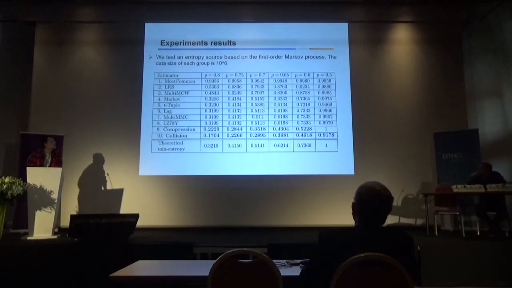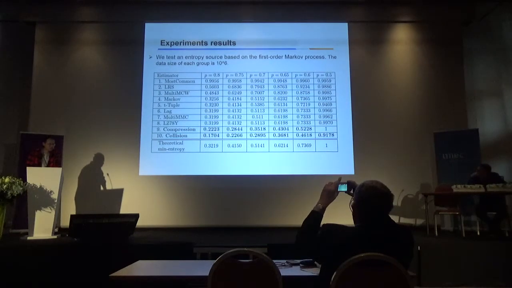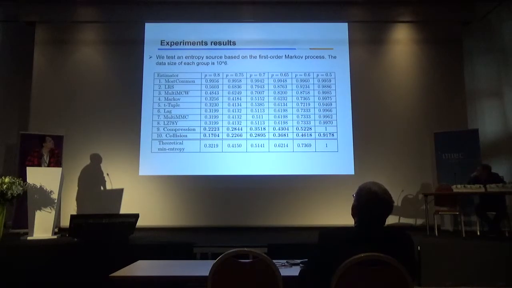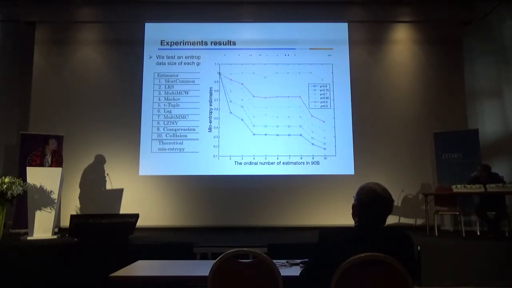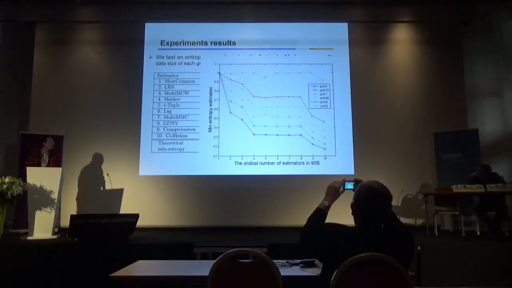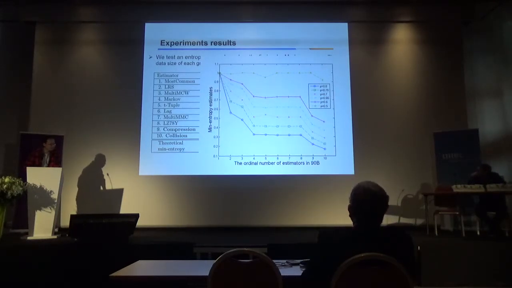And we test an entropy source based on the first order Markov process. The data size of each group is 1 billion. And of course, they have different transfer probabilities. And we draw a picture to show this data intuitively. We can see that the first 3 estimators provide overestimates, and the number 4 to number 9 estimators provide similar